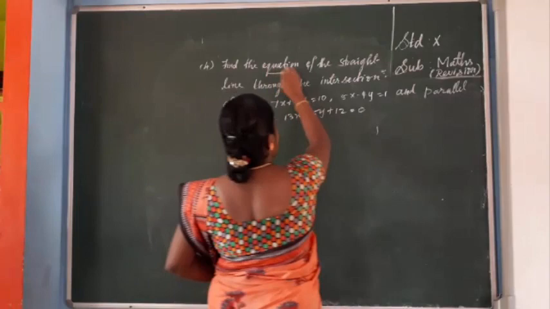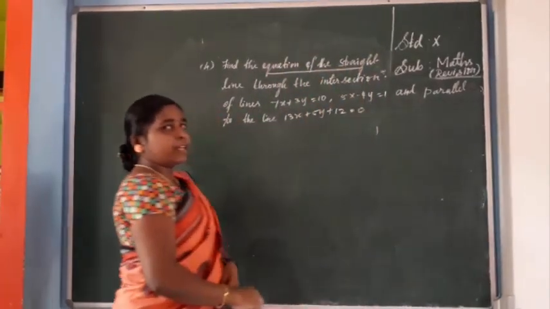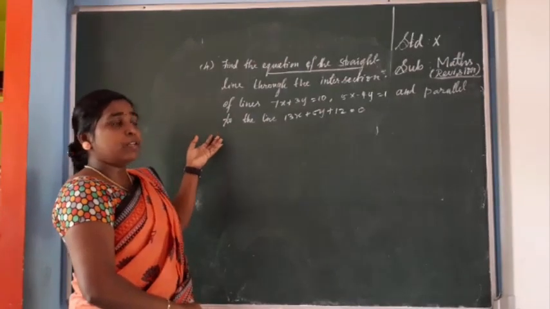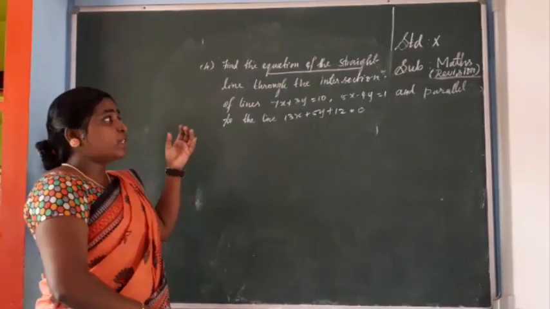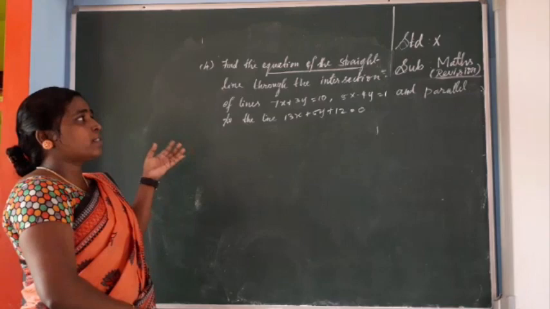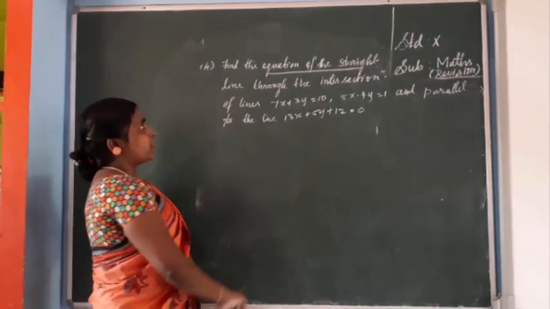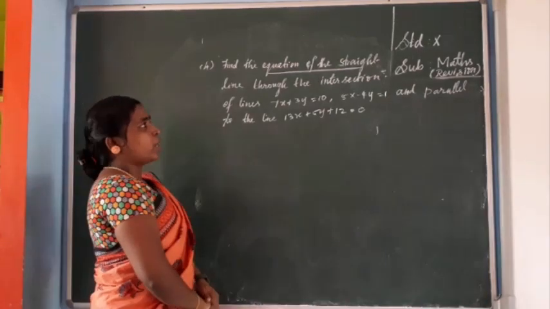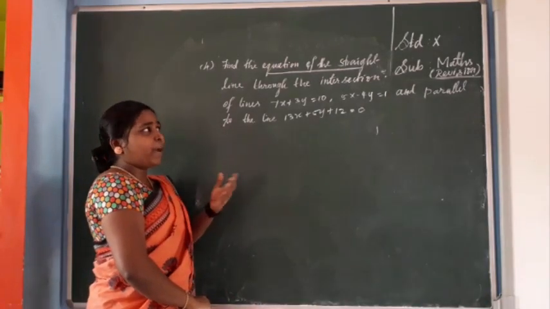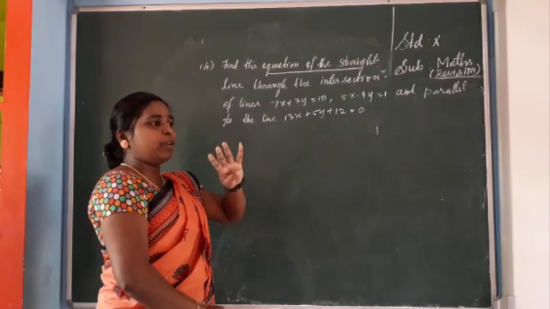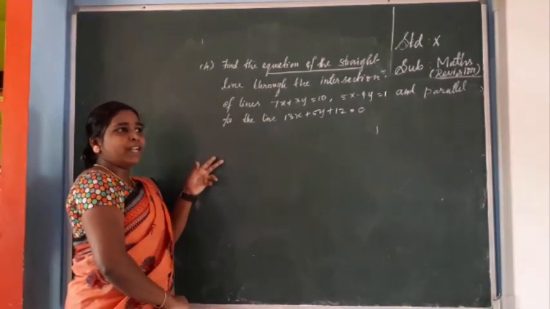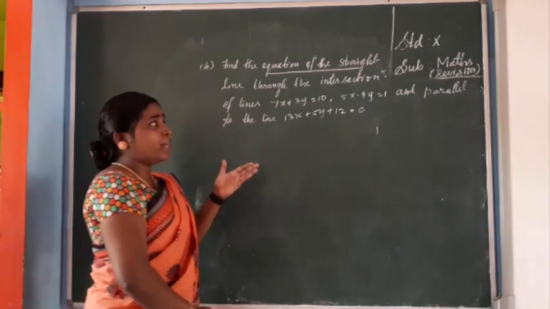As I already told, first you have to read the question: what points or values are given, what you want to find, and which formula we can use. At the very beginning itself you have to imagine that. We want to find the equation of a straight line. If you want to find the equation of a straight line, you know 4 formulas, isn't it? Slope-point, slope-intercept, two-point and two-intercept.